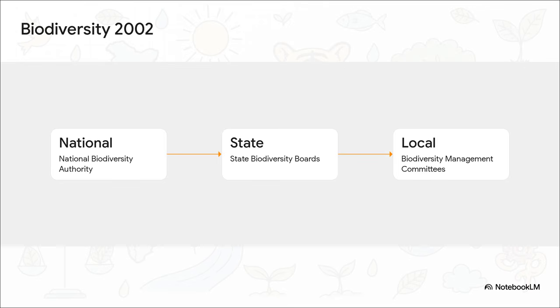And this operates on a very strict 3-tier hierarchy. You have the National Biodiversity Authority at the very top, stepping down to the state biodiversity boards, and finally down to the grassroots level with the Biodiversity Management Committees, or BMCs. The highly testable fact you want to remember here is that it's the local BMCs that are legally tasked with preparing the People's Biodiversity Register. It's really just a fantastic example of grassroots environmental governance in action.